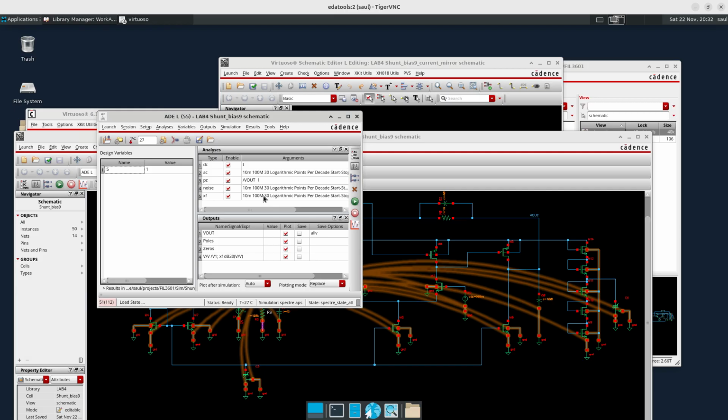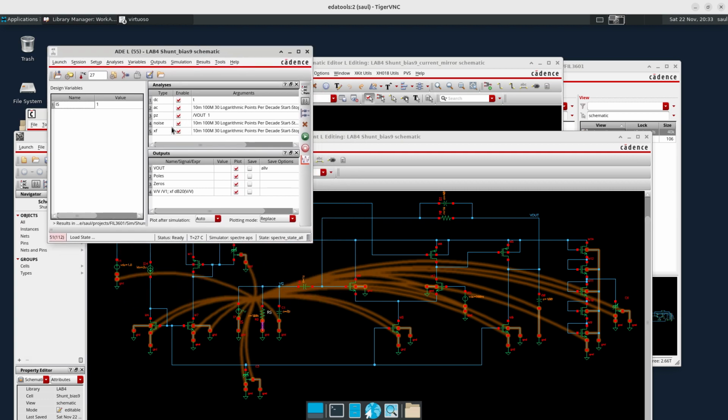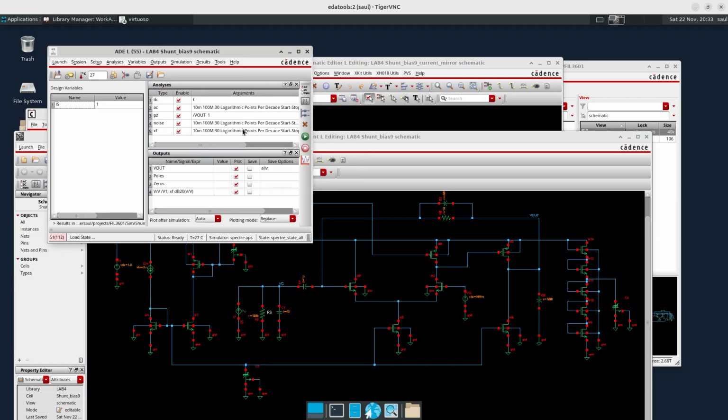simulation. And the XF simulation is extremely similar to an AC simulation. The only difference is that it calculates the transfer function from different voltage or current sources to only one point in the circuit. So the AC simulation, on the other hand, does exactly the opposite. It calculates the transfer function to all points in the circuit from one voltage or current source. So this is very handy because I can configure the XF simulation separately from the AC,